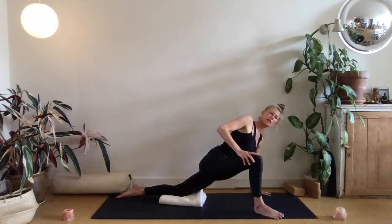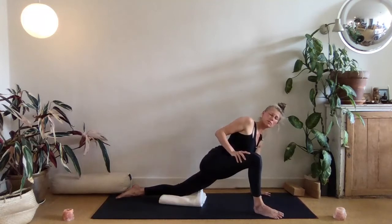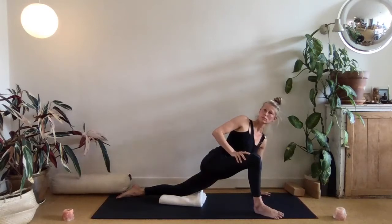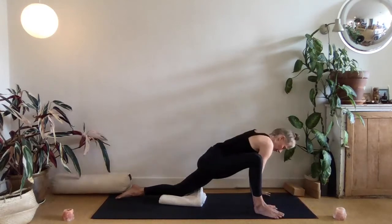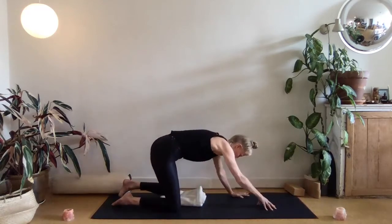Breathing deeply in and out, maybe twist a little bit more or back off a little. Choose what works for you. And three times deeply in and out. Out with a sigh. Deeply in, and out. One more time. Now on your out breath, you bring your legs all the way back and move yourself down